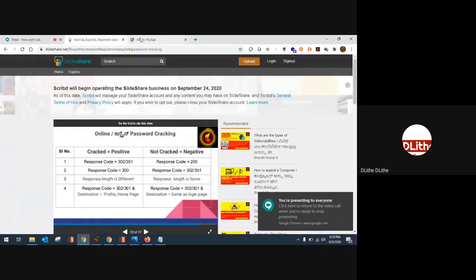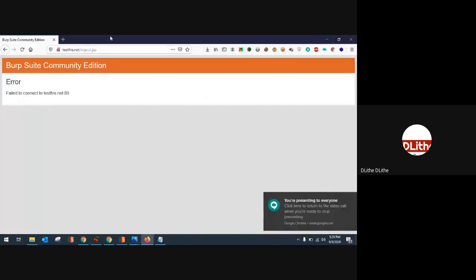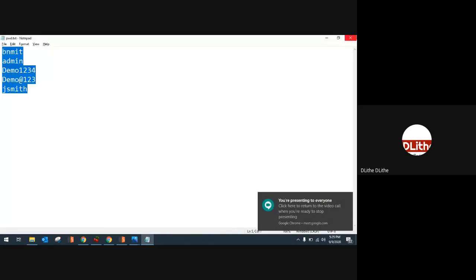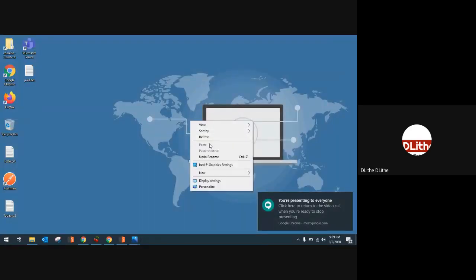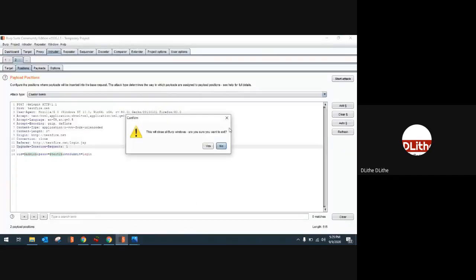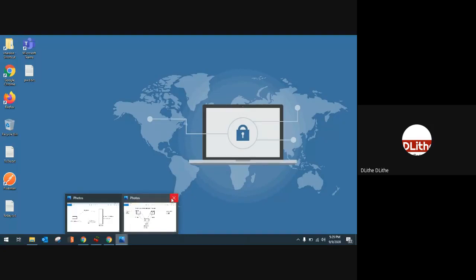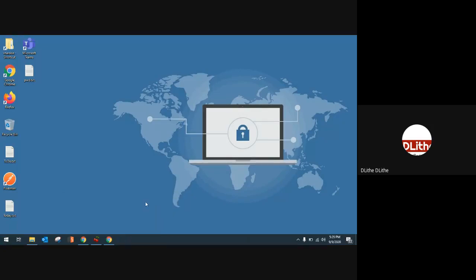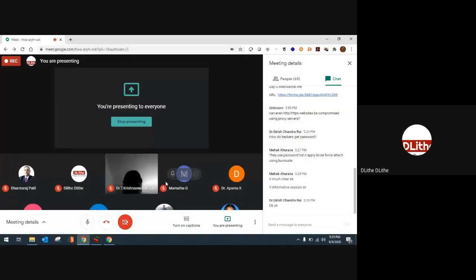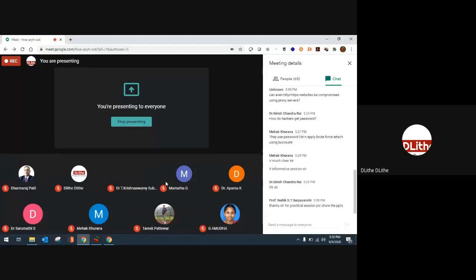So let us shortly summarize what we did in online password cracking. We used Burp Suite for the cracking. In Burp Suite we first configured it with the browser, then captured the packets going to the victim website and intercepted the traffic.